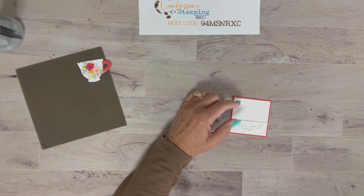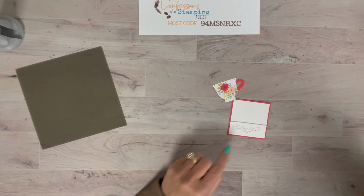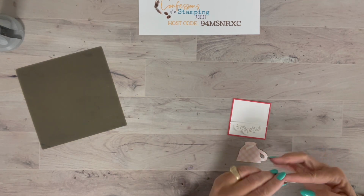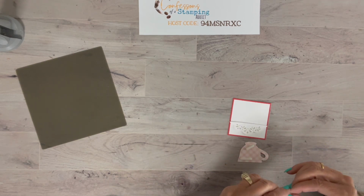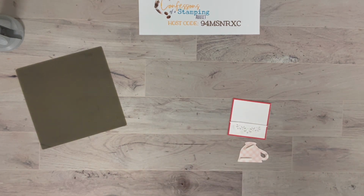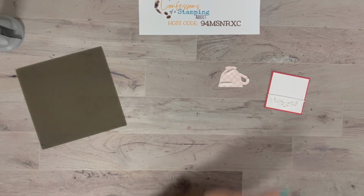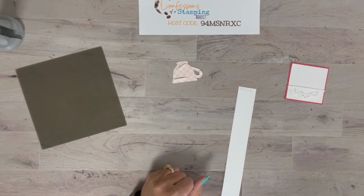All right, now the next one is going to be the teacup. However, I want this to be higher than this, so I'm going to use my foam adhesive strip and just stick this on the back, and I just rip. I know it would probably be just as easy to cut it, but I'm just ripping it. All right, now let's put that on the front. But before we do that, we need to make a little tea bag, so I'm going to make that before I adhere that. All right, so take your little scrap piece, and we are going to stamp,